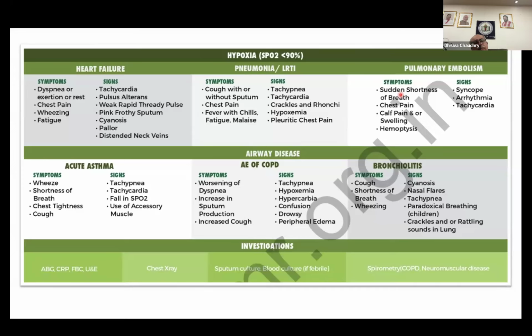Acute asthma, Dr. Ashutosh and Professor Jindal have talked about it. The most important thing we always talk about is that there is usually a history of asthma from childhood or young adulthood. In asthma, breath sounds are very crisp, but it's only in acute severe asthma that the breath sounds start falling, and a silent chest is a very ominous sign in acute asthma. Besides chest tightness and cough, the person will be breathing very hard and very fast, and you will find accessory muscles working. So you can have tachypnea, tachycardia, and gradually you will see a fall in SpO2, which may happen in these cases.